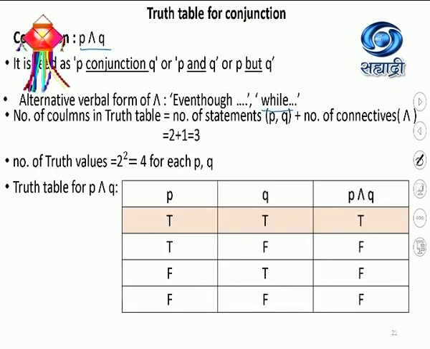3 कॉलम्स यायला पाहिजेत. दिस इज युअर कॉलम 1, दिस इज युअर कॉलम 2, दिस इज युअर कॉलम 3. पहिले कॉलम्स जेवढे नंबर ऑफ स्टेटमेंट्स आहेत तेवढ्यासाठी द्यायचे. 3 स्टेटमेंट्स असतील तर पहिले 3 कॉलम्स विल गो फॉर P, Q, R. Here we have only 2 statements, so there will be first 2 columns by default given for the simple statements P and Q. Okay, and the third column will be the symbolic form of P conjunction Q.